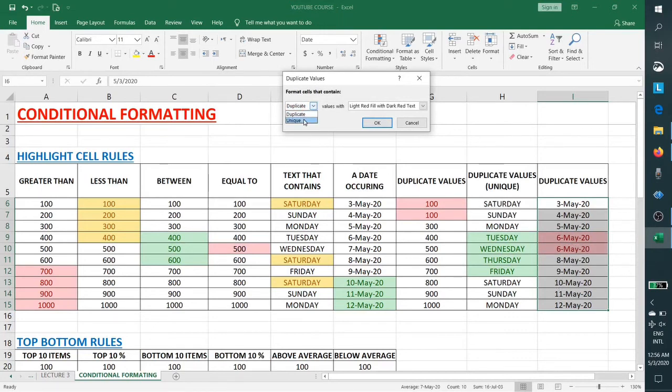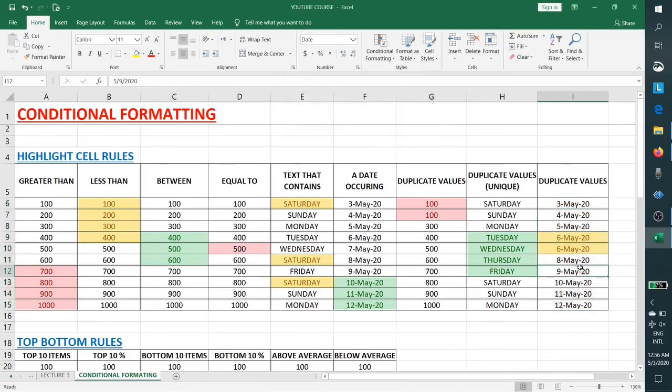If you want a unique value, so all those dates are unique here. We'll just change the color for easily understanding. So let us suppose we'll make it 7th May. Now there is no unique value here, no duplicate value here.